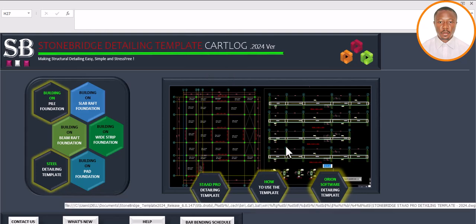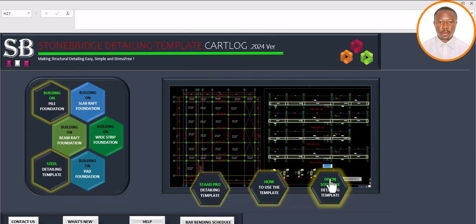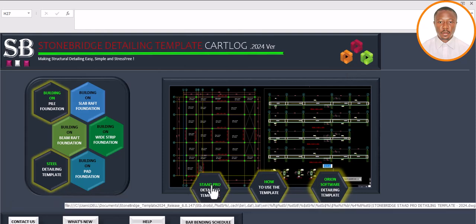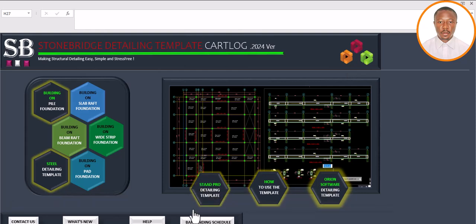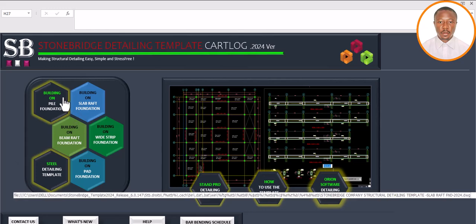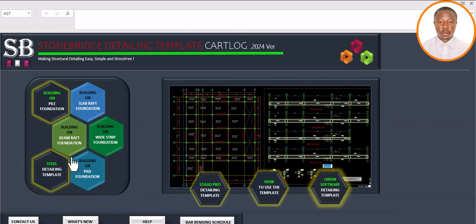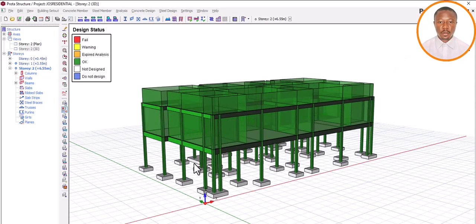Whether you are using ProtaStructure, Orion, or STAAD Pro, you discover that this software is for you. This software also has bar bending schedules. And if you look at the other side of this software, we have different types of foundation. Looking at our structure, which is on pad foundation, which we explained last time, if you are following us on this particular